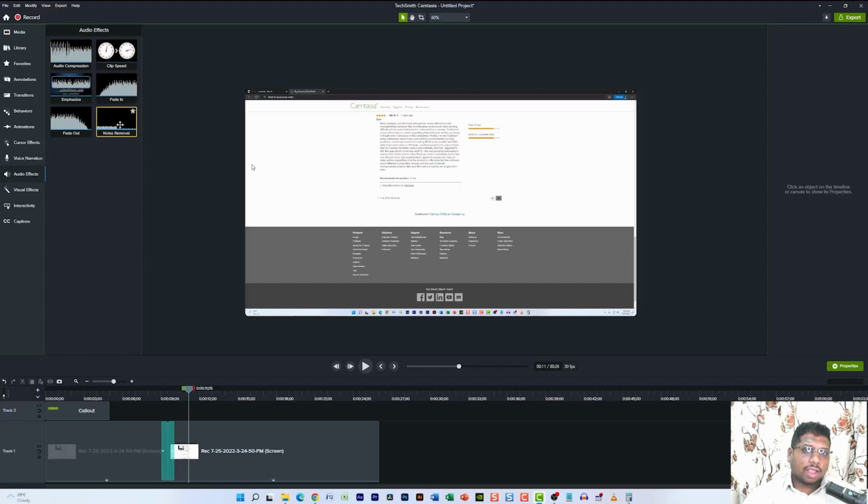The clip speed lets you increase or decrease the speed of your clip, which is amazing if you want to make your video a bit slow, or if you want to fast track the video or change the clip speed from 1x to 2x. It is amazing. After that, there is an emphasis option available,